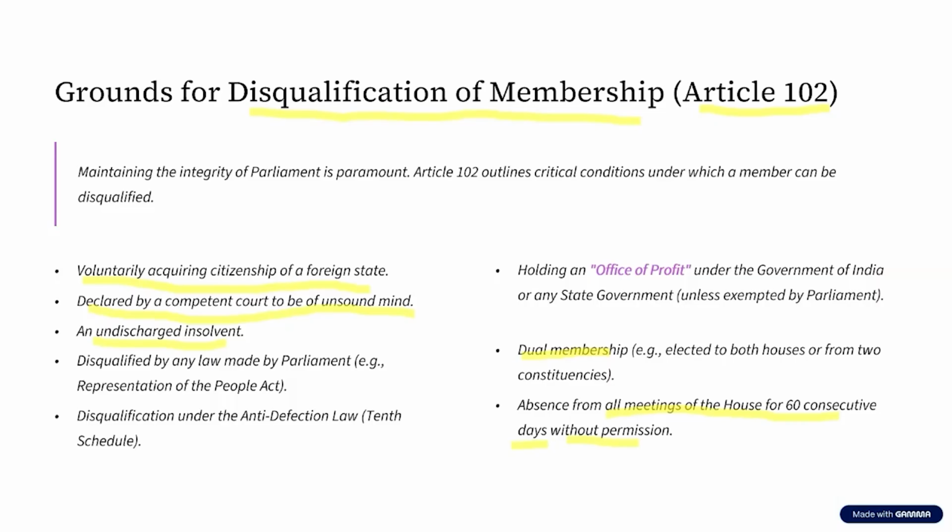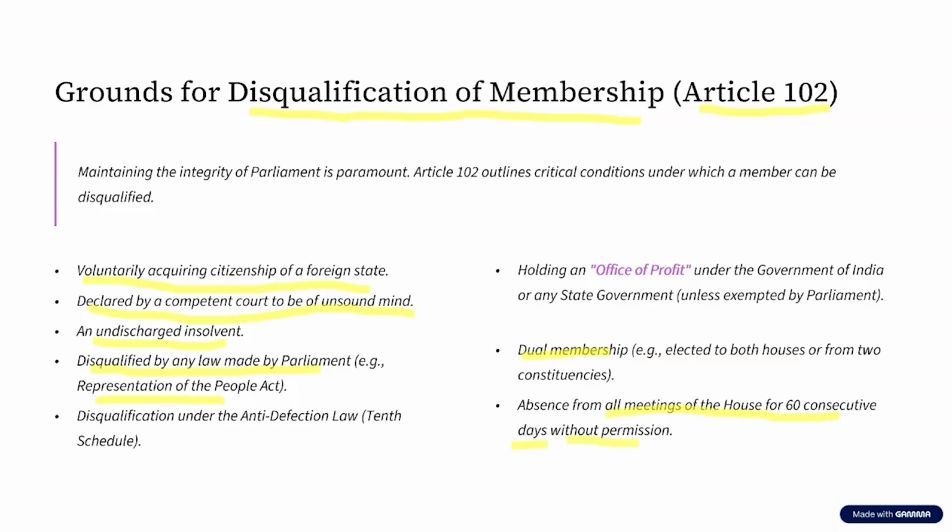Now, then there is something called disqualification by any law made by the Parliament. As we discussed just before, there is an act called the Representation of the People's Act, which speaks about the qualification of members. The same act also speaks about certain disqualifications. Now, what are these disqualifications prescribed by the Representation of the People Act? For example, if this MP is found forcing enmity between two communities,